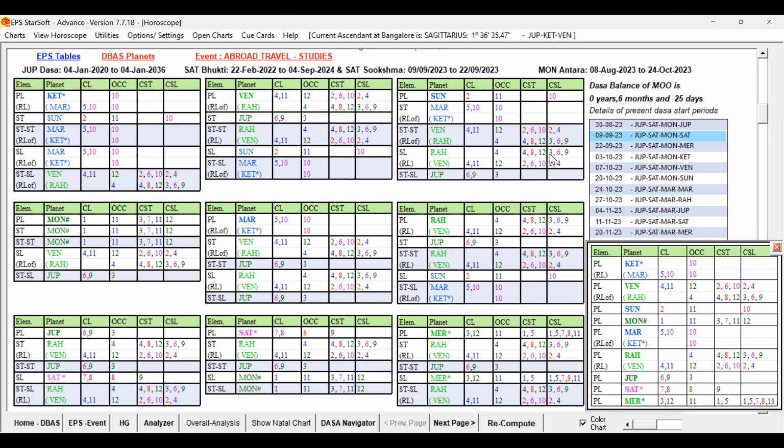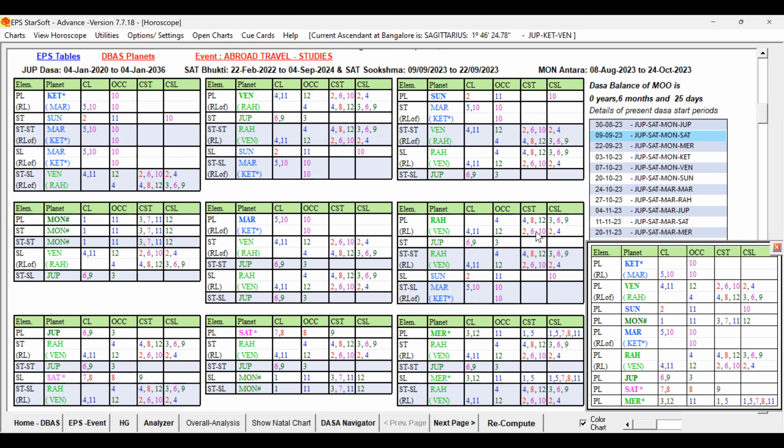So Sun definitely would have supported for the job. So she wanted to go abroad for pursuing higher studies, PG. So Venus is supportive, but she completed only at the end of Venus Bhukti. So Venus could not favor. And Sun, we check whether it's favoring. Sun, Moon, and Mars are the periods within Rahu Dasa that is running. So within this Dasa, which Bhukti would have been favorable or would have supported this girl to go abroad for pursuing higher studies? That we have to check.